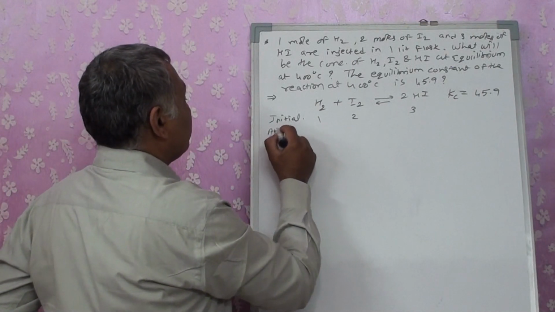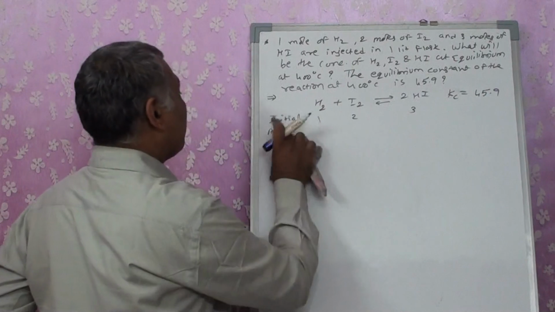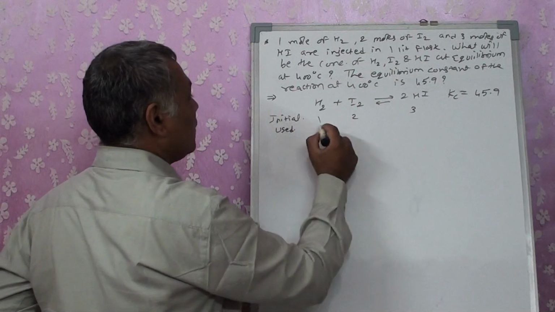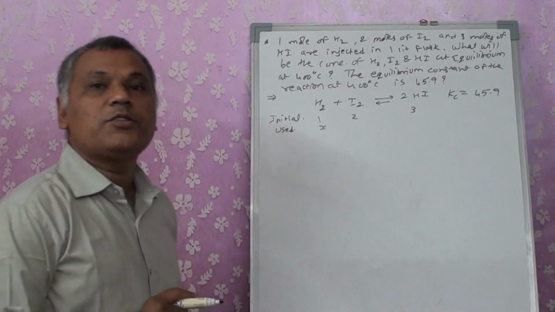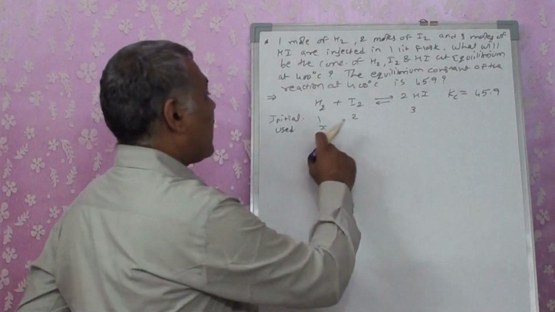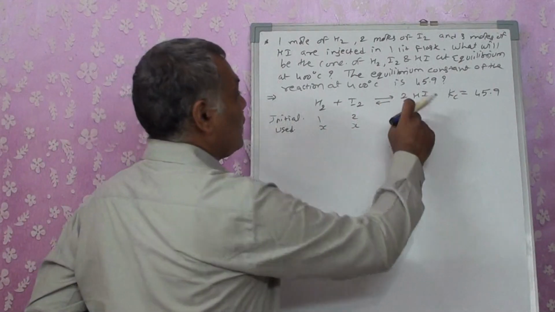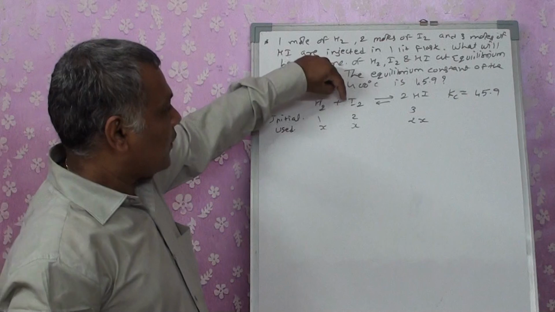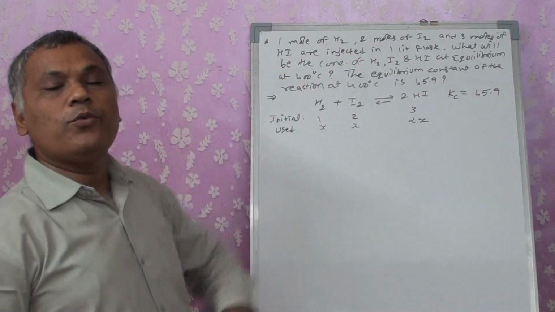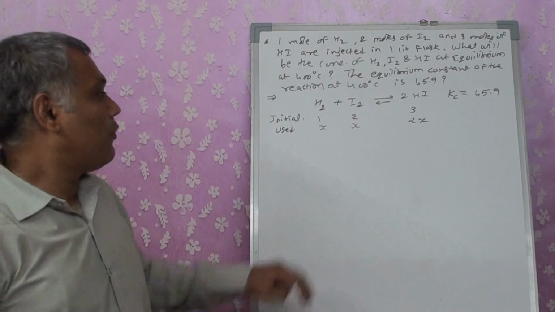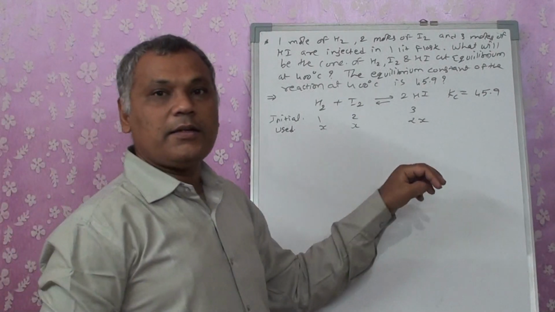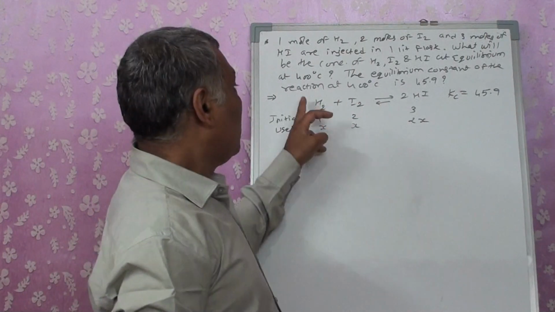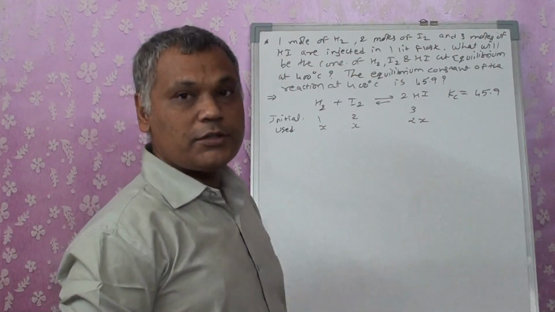At equilibrium, some of the reaction would have taken place. So I am writing it as X. This is the quantity that has reacted. X quantity of H2 has reacted, so I2 also would have been X, and this would be 2X. Because when 1 mole of H2 reacts, 1 mole of I2 is used and 2 moles of HI are produced. So if X is used, X reacts with X, because 1 mole reacts with 1 mole, and 1 mole produces 2 moles, so X mole produces 2X.